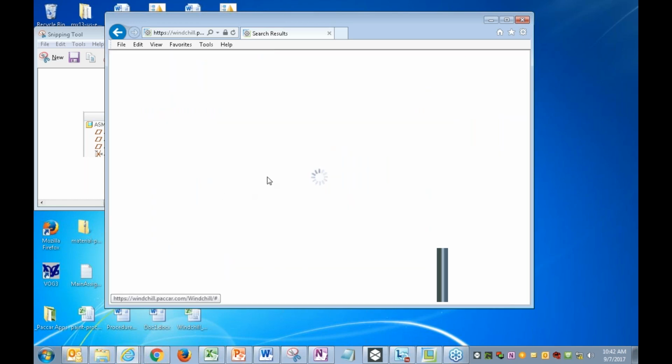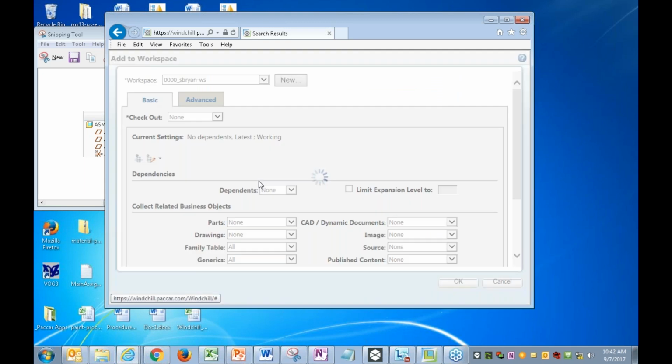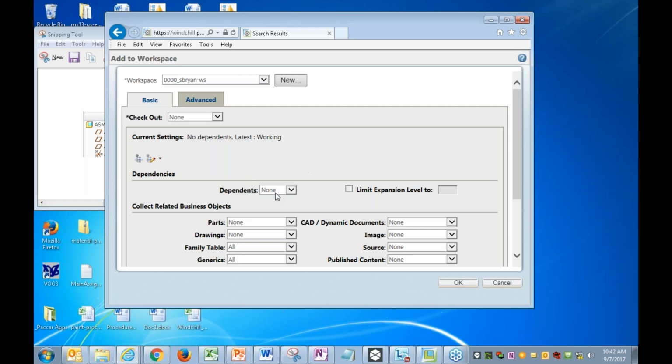And there's a key thing in the add to workspace function that's very powerful that I want to make people aware of. You have to get required dependents, but you limit your expansion level. And I don't know how many people are aware of this. If you limit your expansion level to 2 and get required dependents, like if you know all your assembly structures, if you've got a nice organized assembly and all the assemblies are in the first 3 levels of your assembly, you can, but your assembly has a million objects like ours do, you can just get and collect those first